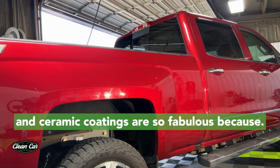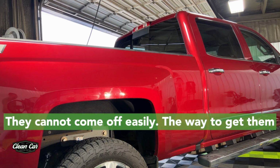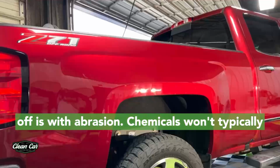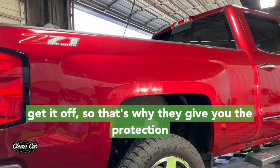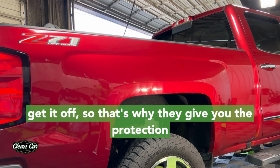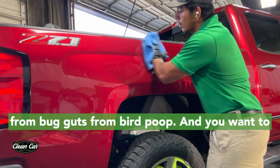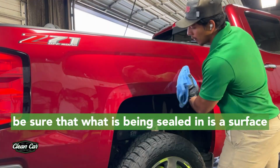And ceramic coatings are so fabulous because they cannot come off easily. The way to get them off is with abrasion. Chemicals won't typically get it off. So that's why they give you the protection from bug guts, from bird poop. And you want to be sure that what is being sealed in